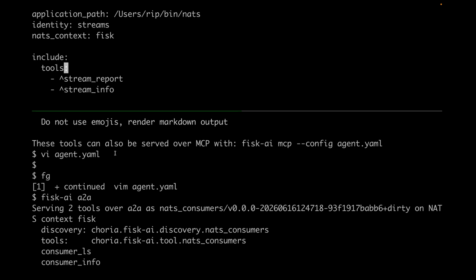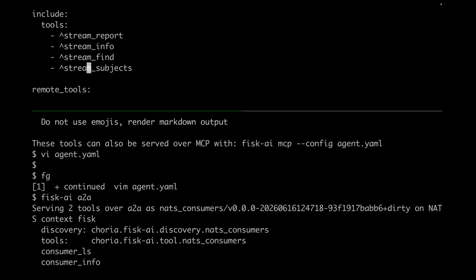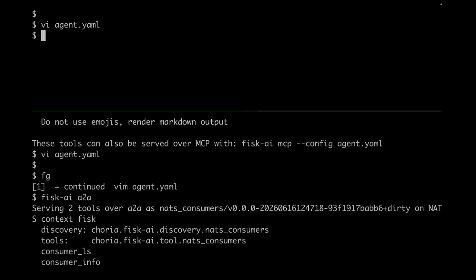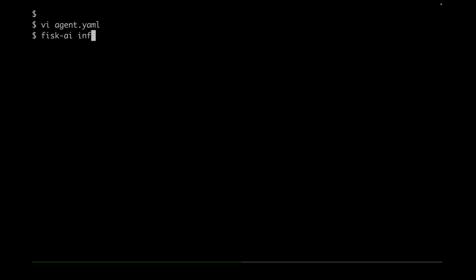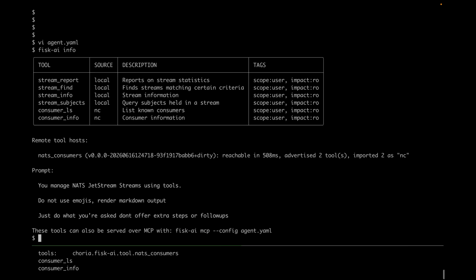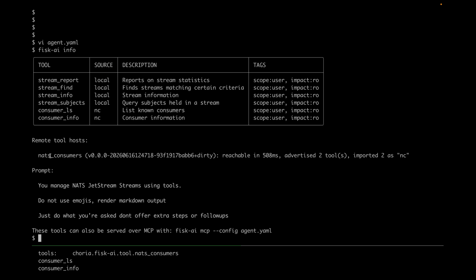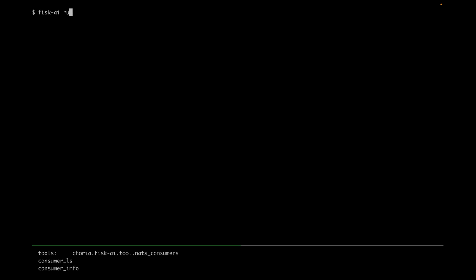So again, here I'm doing NATS. I'm focusing only on streams. I'm putting in just a couple of stream commands. And if I do here Fisk-AI info, we'll see that, it's a bit big. Here we go. We'll see there are the stream tools. But what we'll also see is we have the consumer tools, and they come from a source called NC. We can see here that we have a remote tool host, that's consumers, it's reachable, and it's pulling in two tools. And then I can do Fisk-AI run